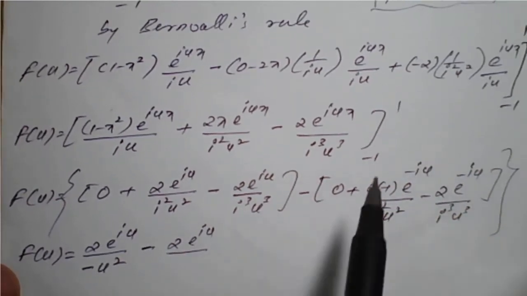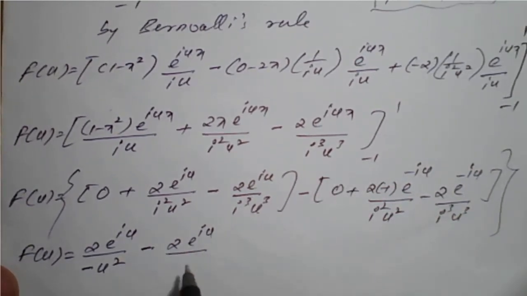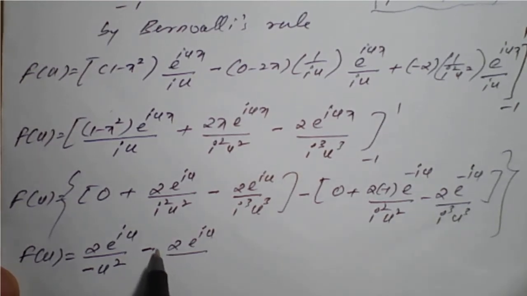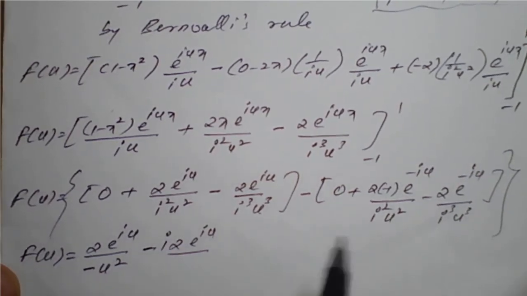So using this, 1 upon i cube is nothing but i. So I will take that i here, divided by